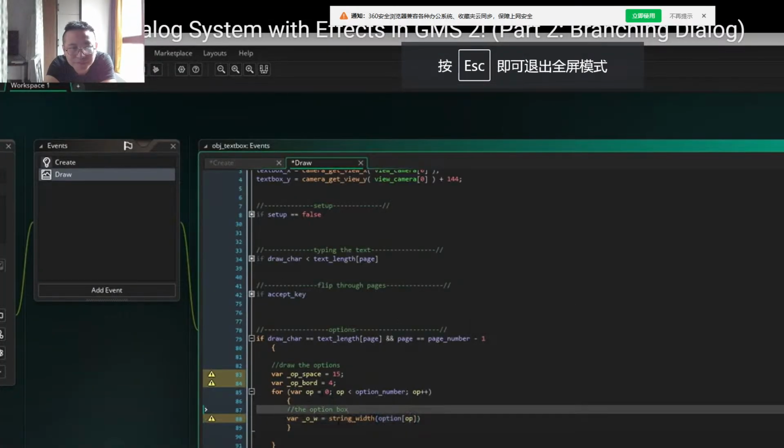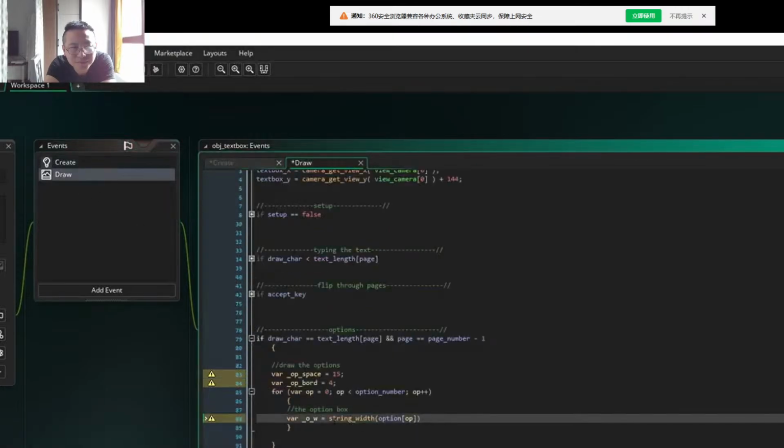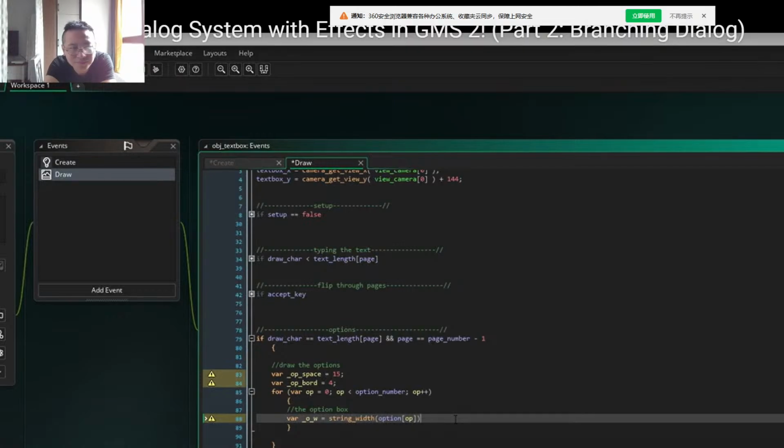Zero, we'll be getting the string width of option 0. So we want the width to be that size, but we also, like I said, don't want it touching. So we need to add the borders back in on the left and the right. So that would just be plus our op border times 2. So now